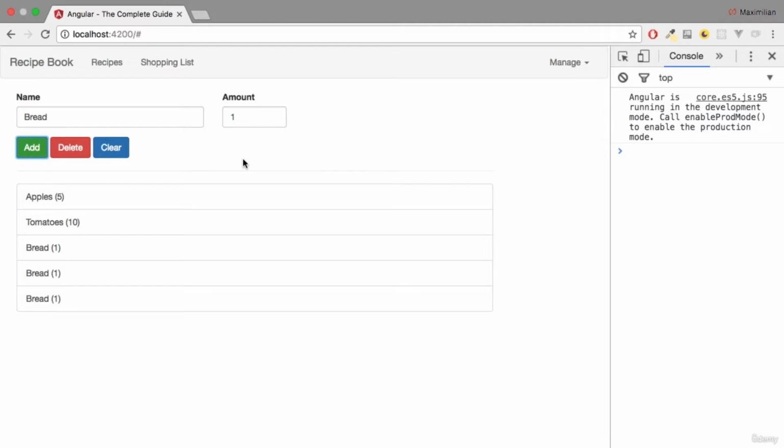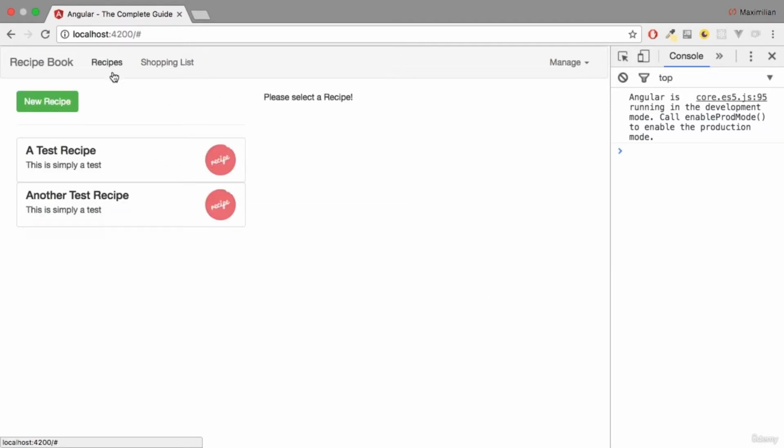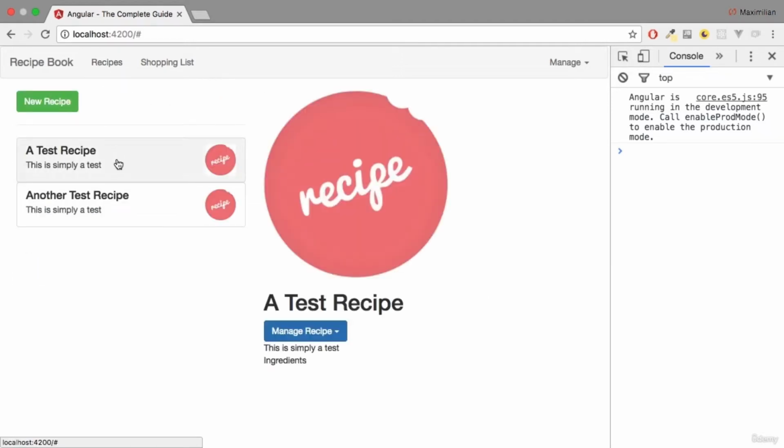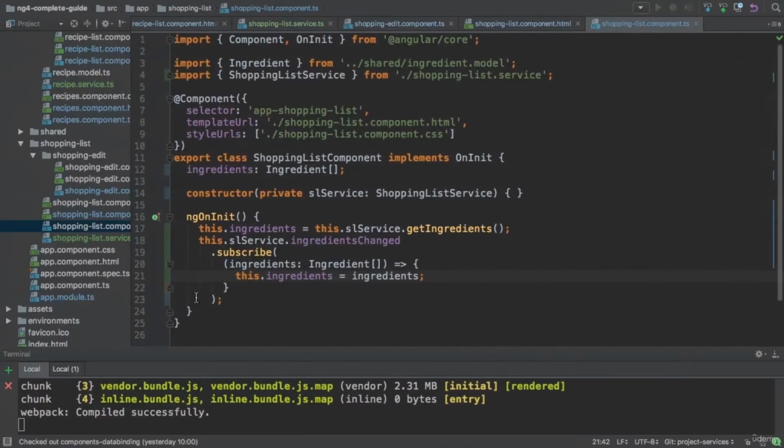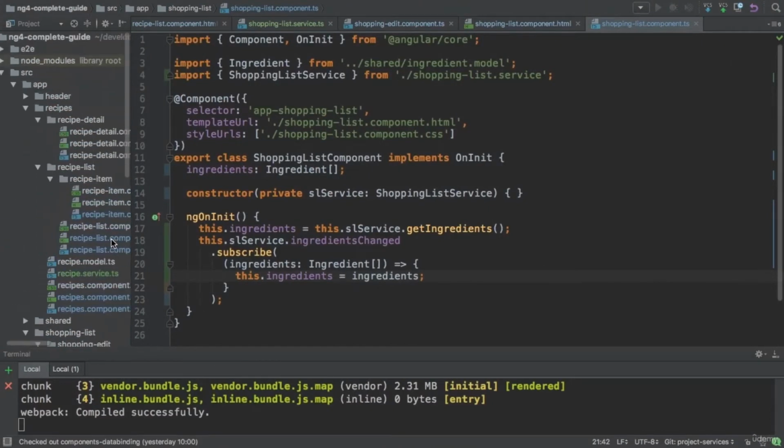We're almost finished. Our application is taking shape and services really improved it. Now I want to do something here on the recipes section. I want each recipe to have some ingredients, so we need to implement this. And thereafter, I want to make this to shopping list button work so that we can send our ingredients to the shopping list. So to do this, what I will do is, first of all, I will work on the